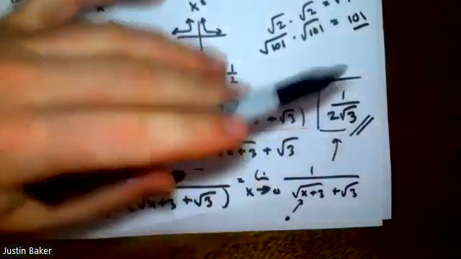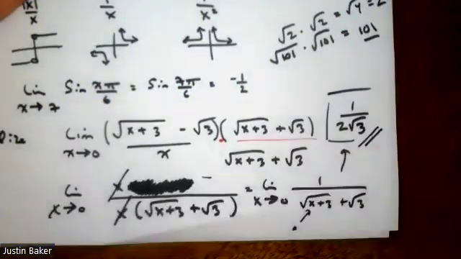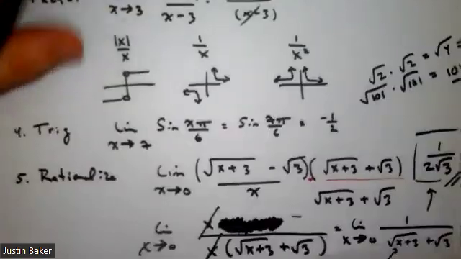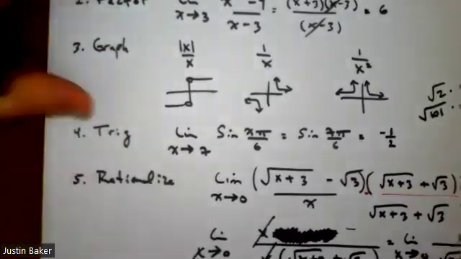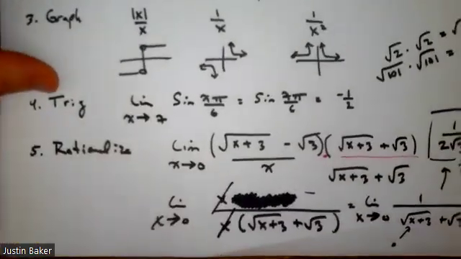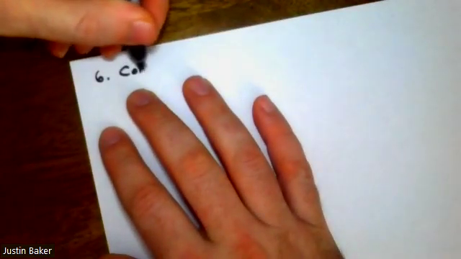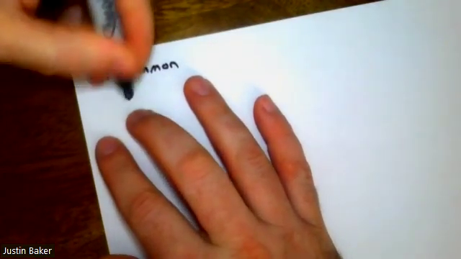Now, could you re-rationalize that? Sure. But you've gotten to a whole solid answer, and that would be acceptable for that limit. So coming in at number 5, you could rationalize these limits. All right, and the 6th one, we could be looking at a situation where you need a common